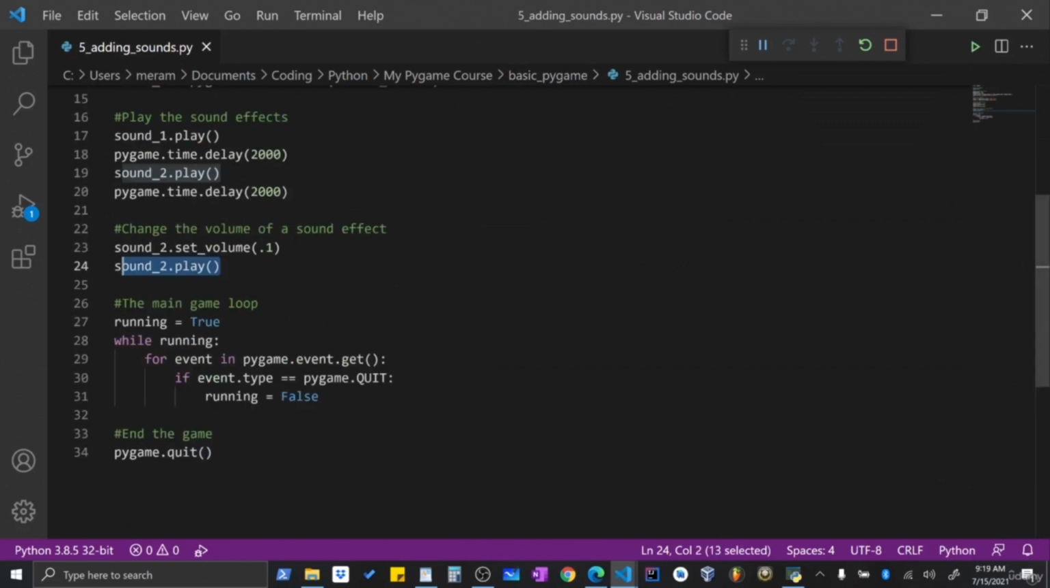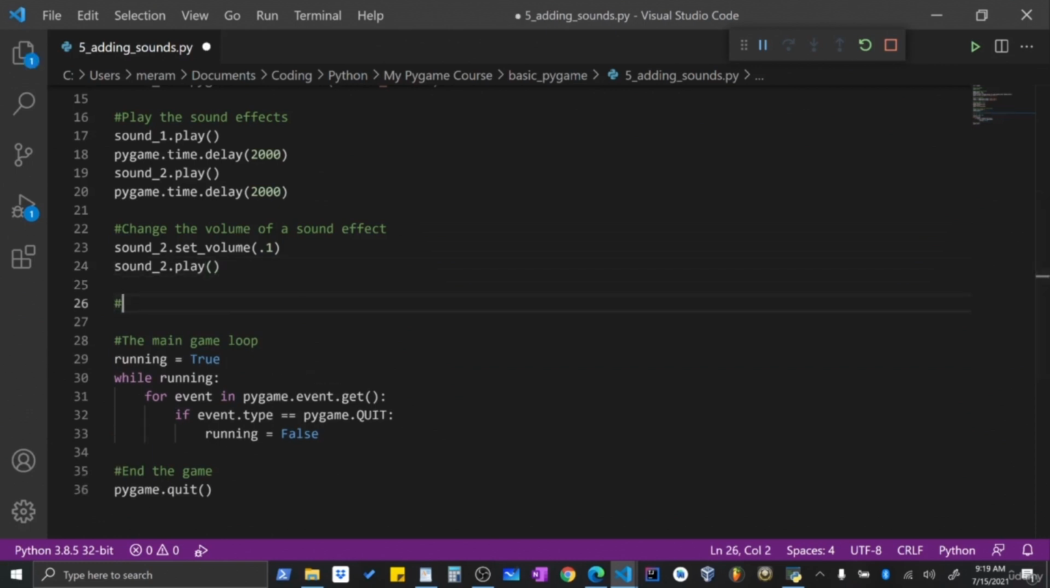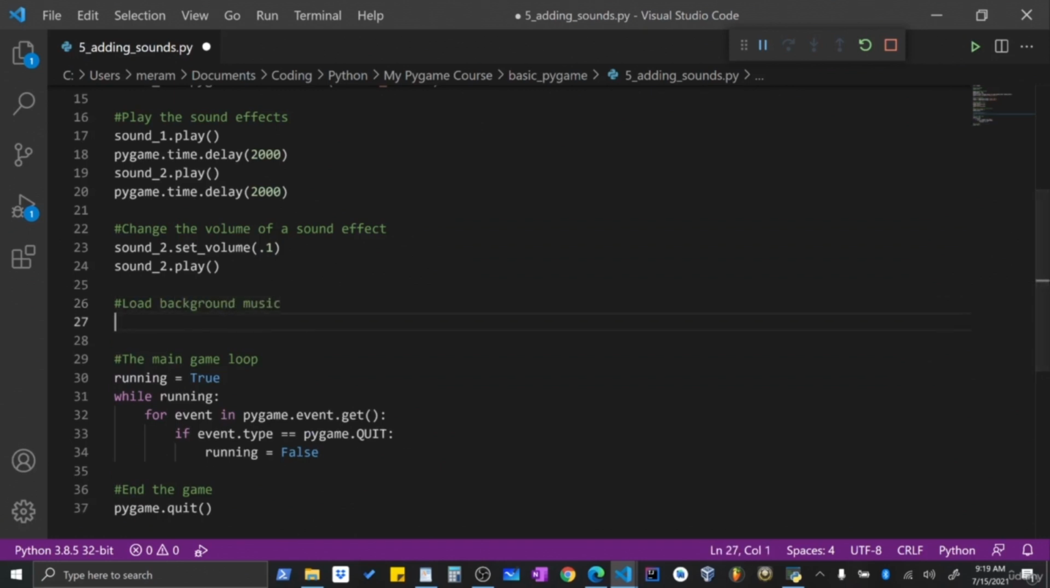Great. This is really great. But what about background music, right? Well, we can actually load a file into Pygame's audio mixer as music pretty simply. So let's do this right now. So we'll say load background music. And so here, all we have to do is just access our audio mixer. So that's